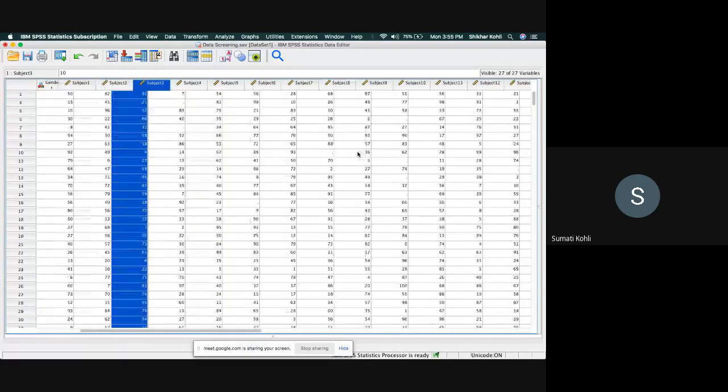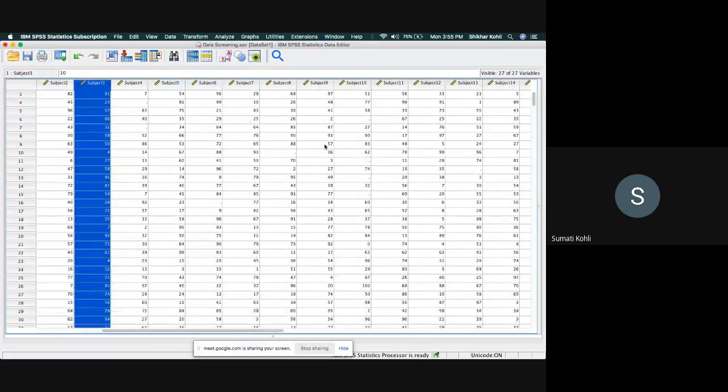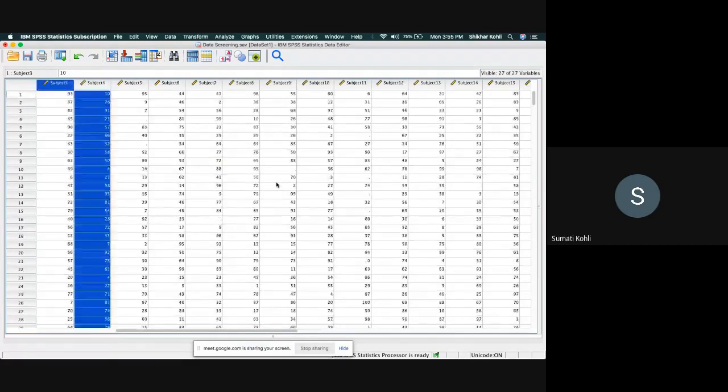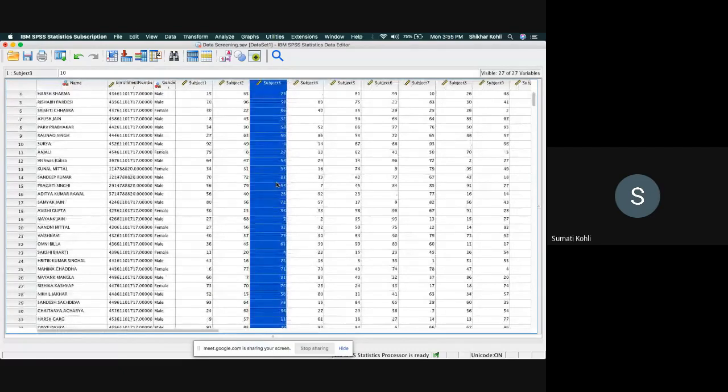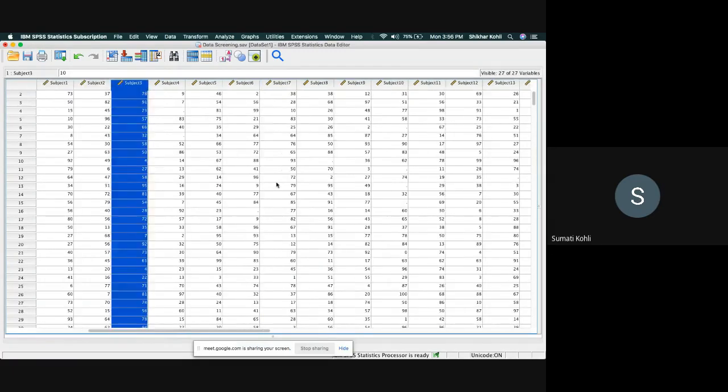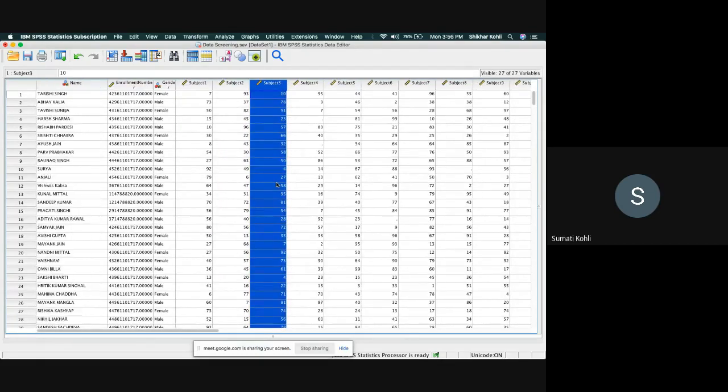Once you have finished inserting the averages in all these different cells, your data screening exercise has been completed in SPSS, and now your data is good to be utilized. You can use it for whatever further analysis you want to perform, whether it is some sort of graphs or a t-test or z-test or hypothesis testing. So this completes our exercise of screening the data.